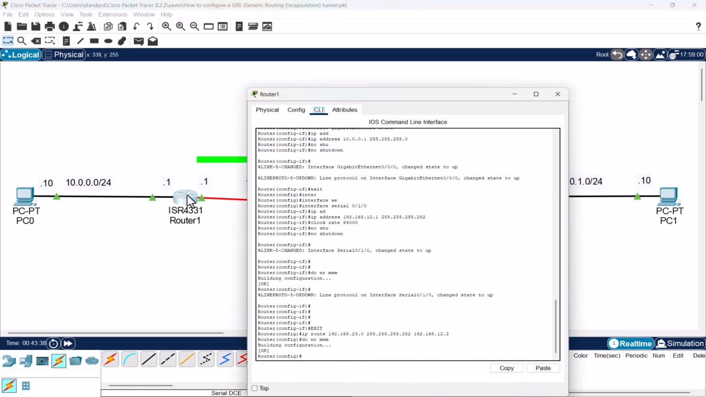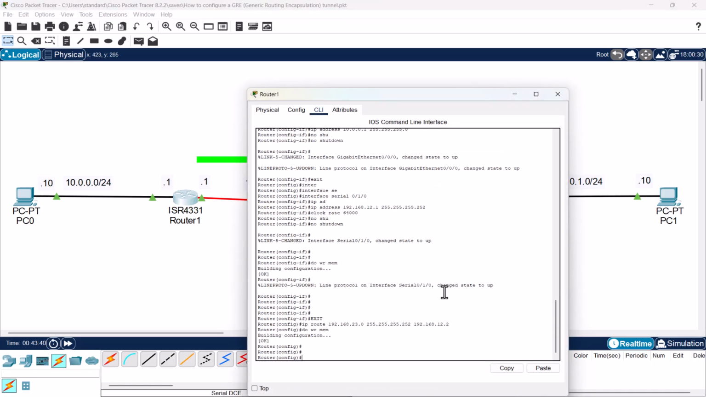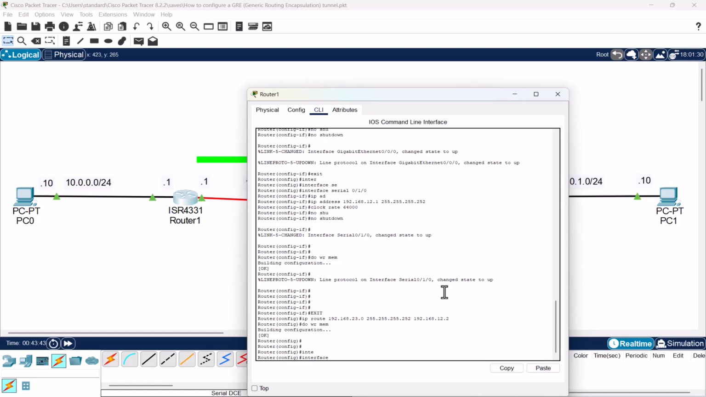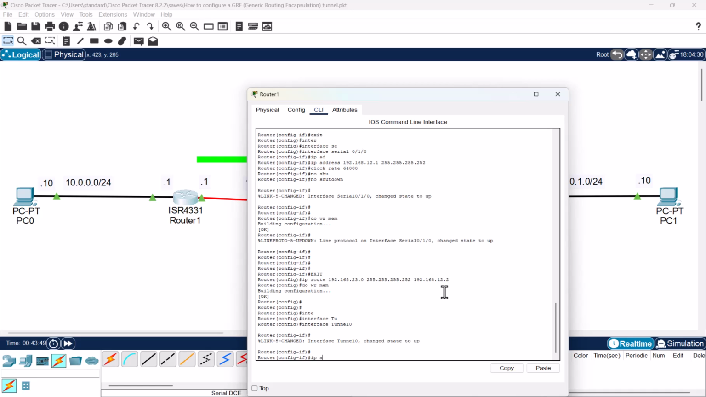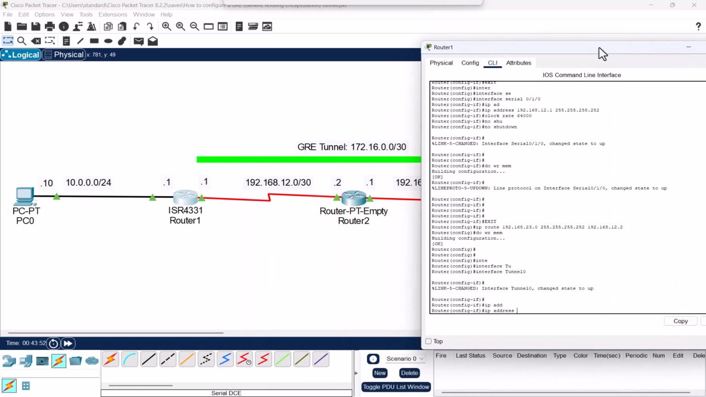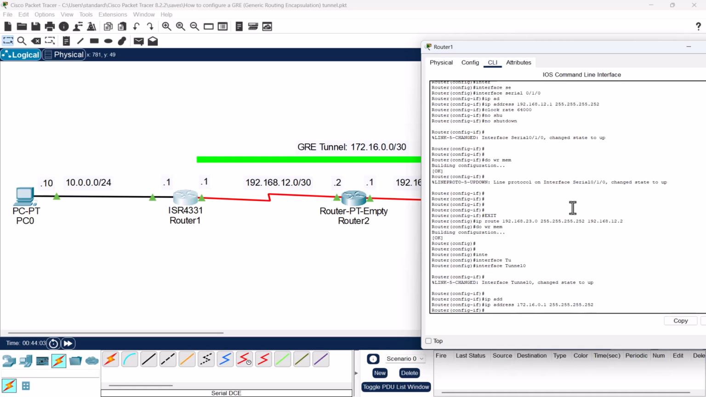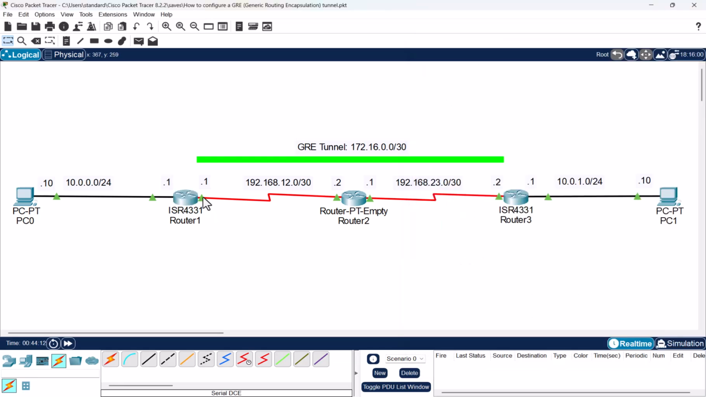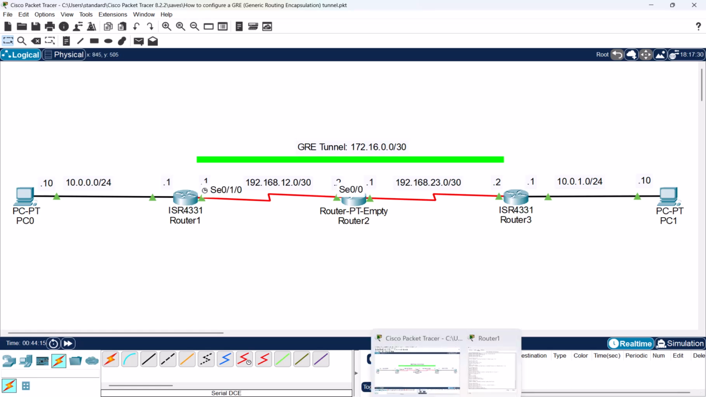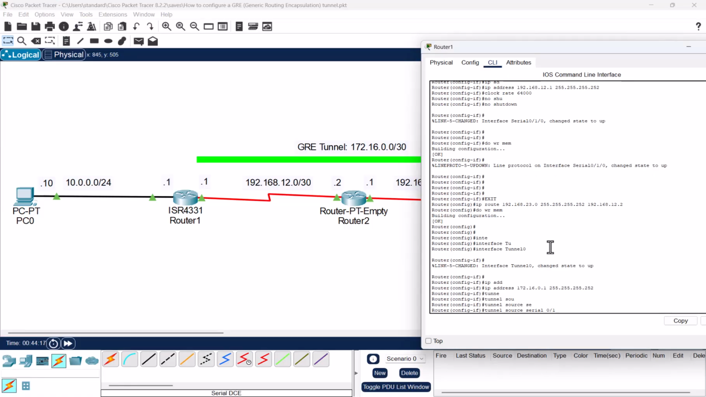So back into router 1, into configuration mode, and we shall configure a tunnel interface of 0. We shall give it an IP address of 172.16.0.1, subnet mask 255.255.255.252. Next, we shall specify as its tunnel source the serial interface of router 1, which is 0/1/0,